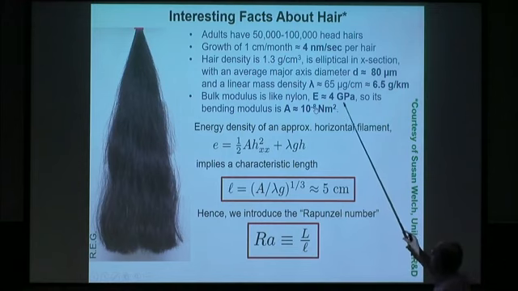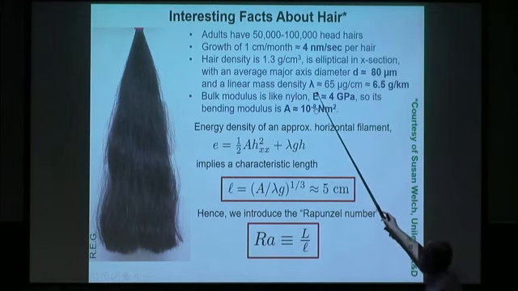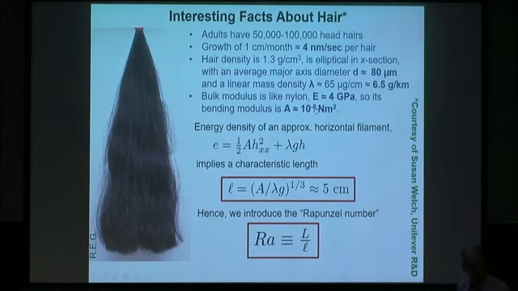And if we ask about the mass density of hair, which is one of the important things, because gravity does act here, in contrast to some of the comments in the previous talk, we have to deal with gravity. The typical weight is about 6.5 grams per kilometer. Okay, and many of us have several hundred grams of, well, not me, but several hundred grams of hair, so that's many kilometers.